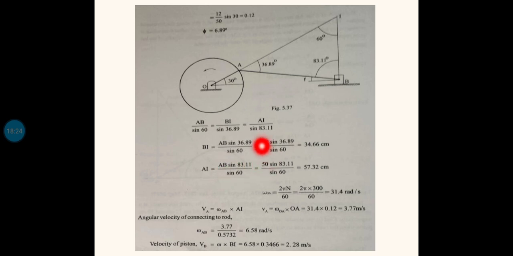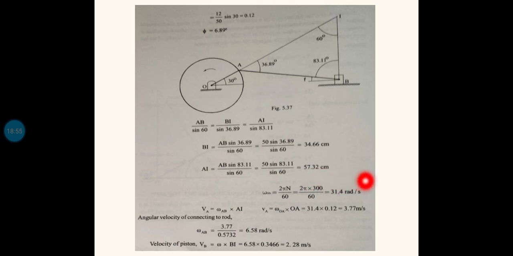Similarly for AI, taking these two relations, AB by sine 60 equals AI by sine 83.11. From this, AI equals AB into sine 83.11 divided by sine 60. So the AI value you get is 57.32 centimeter. Now the crank rotation speed is given as n equal to 300 rpm. From that we can calculate omega of link OA. Omega OA equals 2 pi n by 60, 2 pi into 300 by 60, equal to 31.4 radian